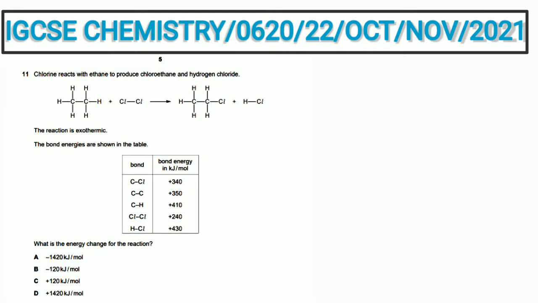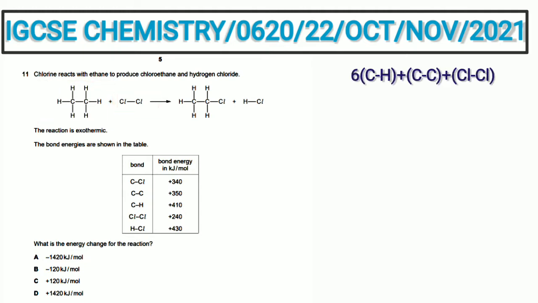Question 11. Chlorine reacts with ethane to produce chloroethane and hydrogen chloride. The reaction is exothermic. Energies are shown in the table. What is the energy change for the reaction? On the reactant side we have 6 carbon-hydrogen single covalent bonds, 1 carbon-carbon covalent bond, 1 chlorine-chlorine